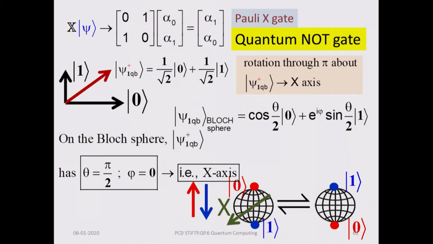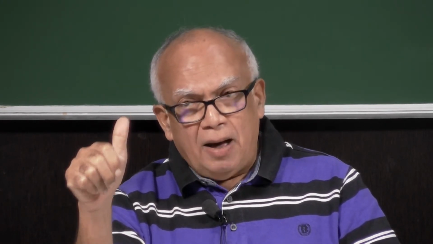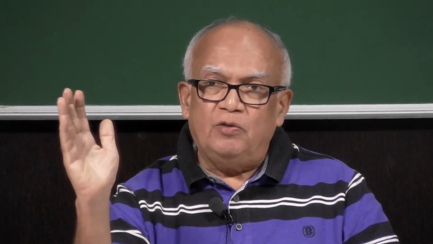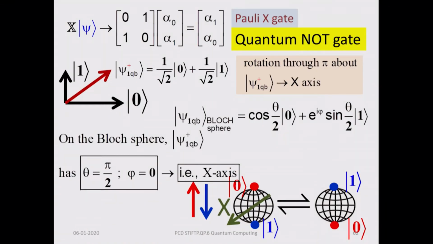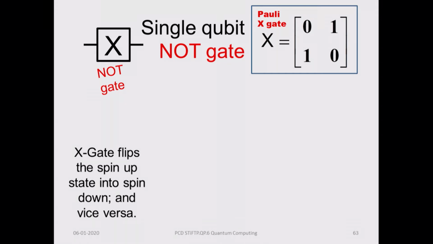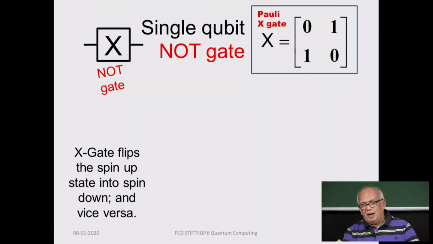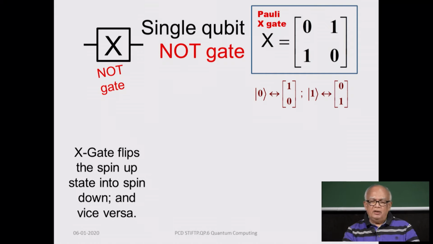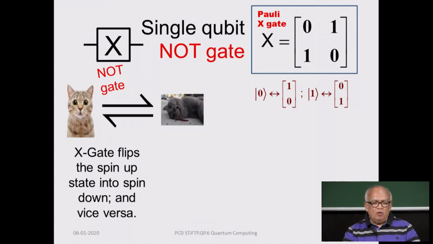And if your qubit is a quantum spin system, it can be any two-state system, right? And the spin half are amongst the very popular qubits because they are a two-state system. So you get either spin half, which is up or down projections with reference to some axis of quantization. So you have got the up which goes to down and vice versa. So this is your single qubit NOT gate represented by the Pauli X matrix, right? What it does is to flip the spin up into the spin down and spin down into the spin up state, right? So that is the quantum NOT gate. So your qubit 0 is represented by 1 0, qubit 1 by 0 1, and essentially what you are doing is